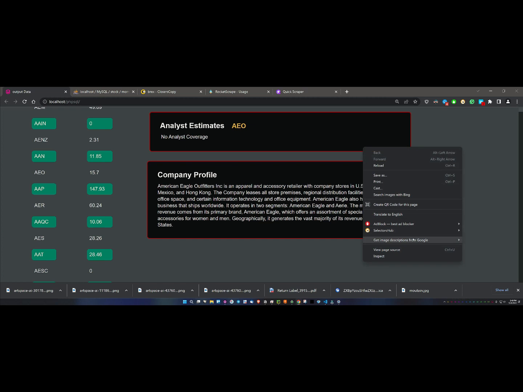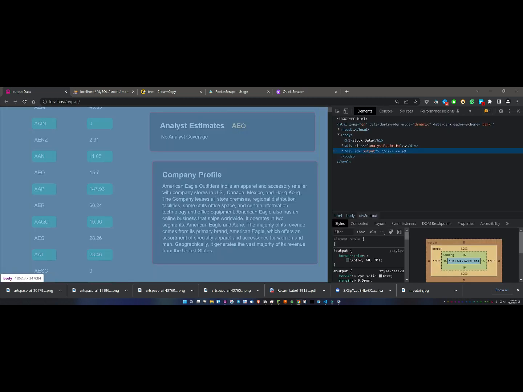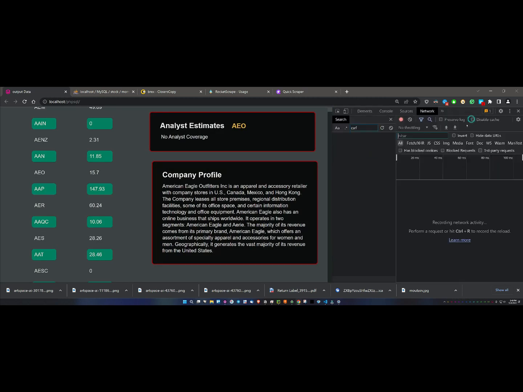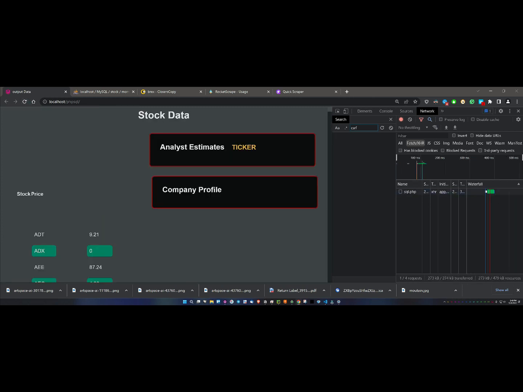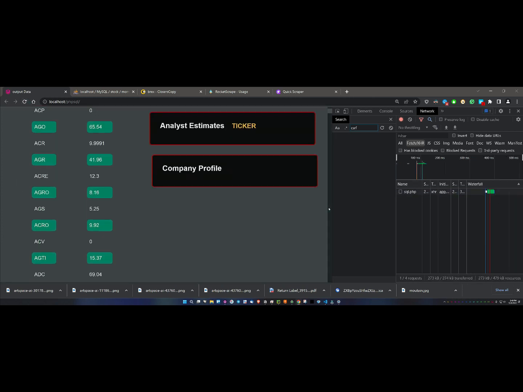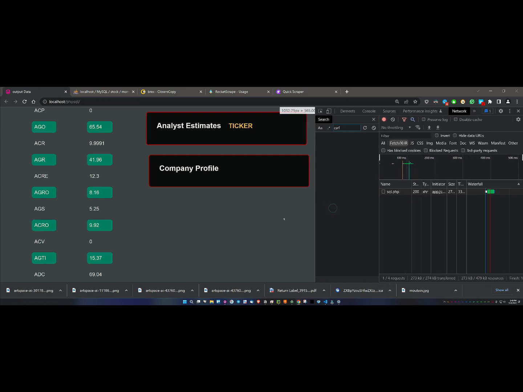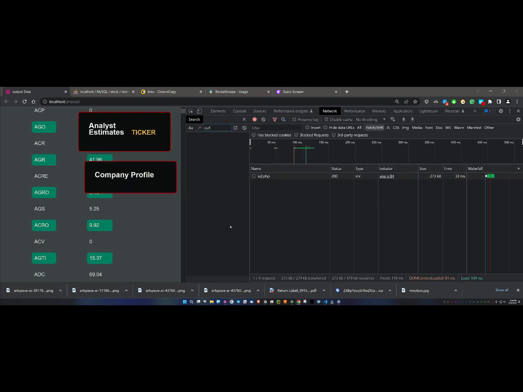So when I select the network tab and select the fetch or XHR, and then click on one of these, you can see the first request. I think you have to reload it to see the first SQL.php file. You can see that that was the onReadyStateChange that requested the file. So if you click on that,